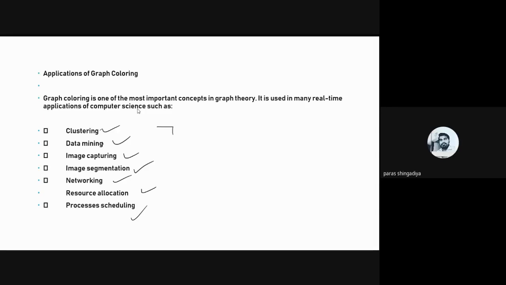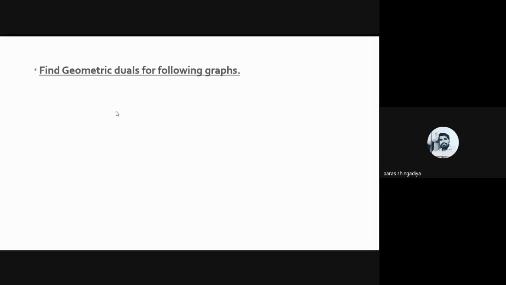So this is the end of graph theory. There are 3 main units in this graph theory that you have learned. The first unit is the basic unit. Then in the second one, we learned some applications of the graph related to matrix, cut set form, then isomorphism theory. And then in the third unit, we learned planar and non-planar graphs. So these are the applications of graph theory. Now the next one is the exercise. So start the exercises one by one and create a geometric dual.